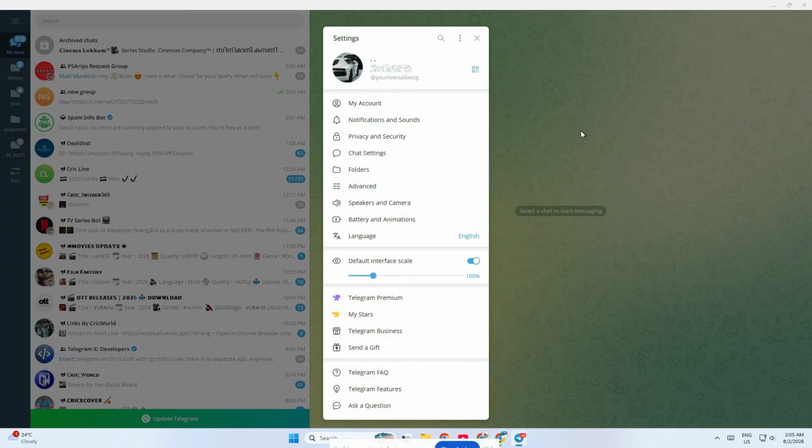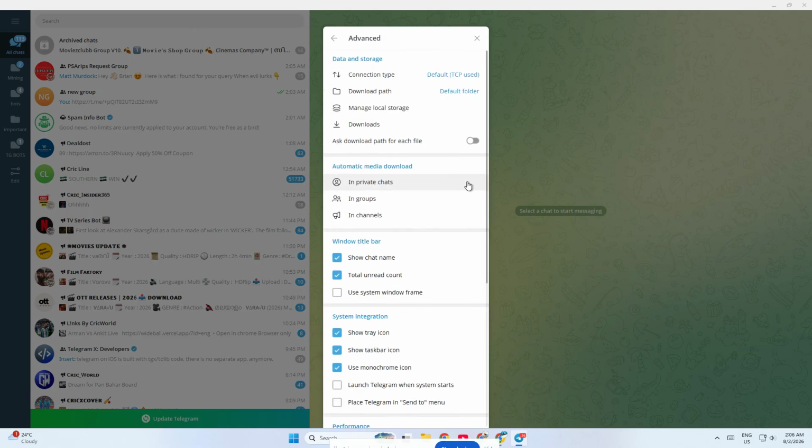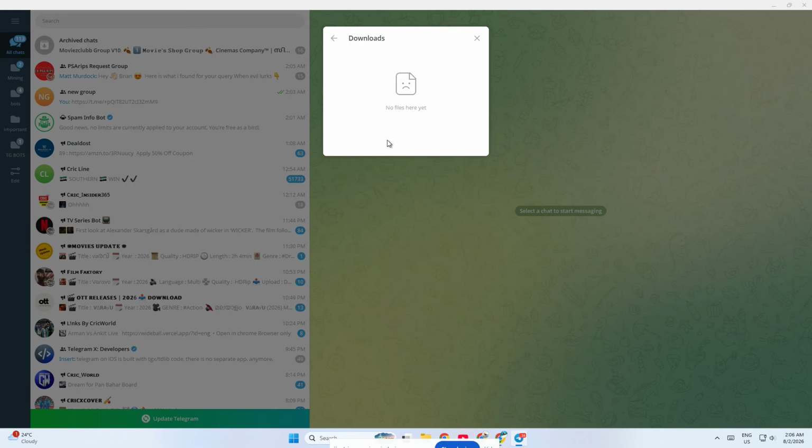Inside Settings, scroll or look for the Advanced section and select it. The Advanced Settings area is where Telegram keeps options related to storage, downloads, file paths, and app behavior. Once you're in Advanced, find and click Downloads. This is the section that shows you saved files and lets you open the folder where Telegram stores downloaded content on your PC. Depending on your version of Telegram, you may see a list of recent downloads or an option